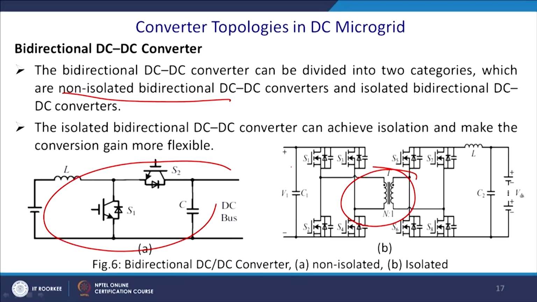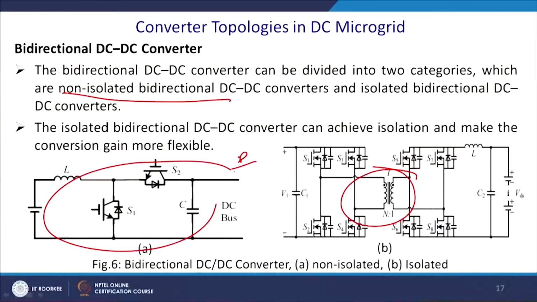So, isolated bidirectional DC to DC converter can achieve isolation and can make conversion gain more flexible, because here you have to control the duty cycle by these two switches, and mostly these two switches are complementary in the logic,